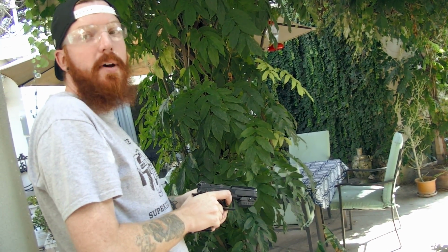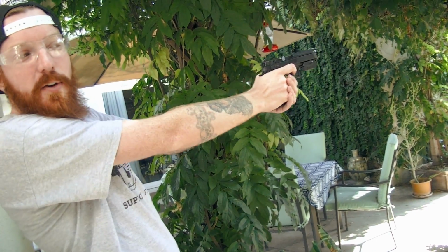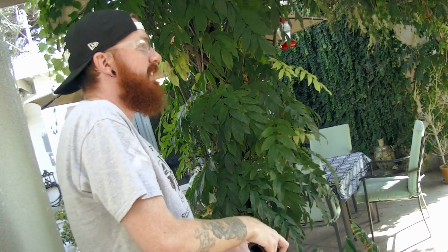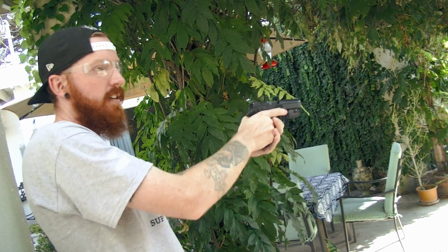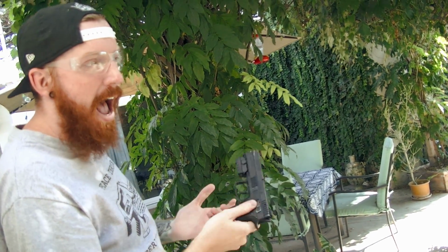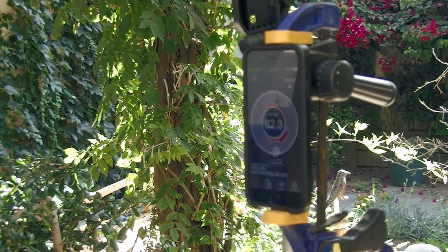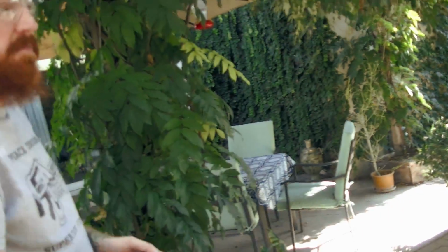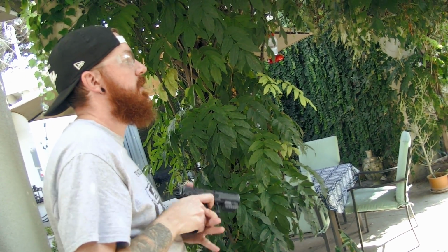That was a horrible shot, by the way. Horrible. I was watching that. No, I wasn't even looking. I was like, does it do it in real time? That's amazing. I don't know how the hell it's picking up the dry fire. I don't either. There's nothing significant happening. There's no movement. The sound is less than that of a... I mean, this is just as loud as the trigger pull, too, and way more movement, so...